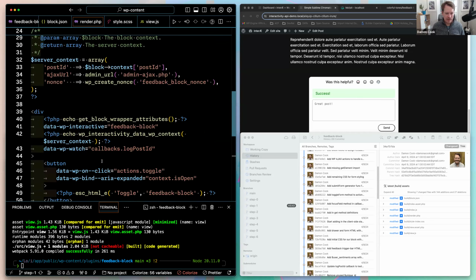Let's see if there's any, yeah, so you'll start to see stuff like this. These are the Interactivity API directives that give your markup state